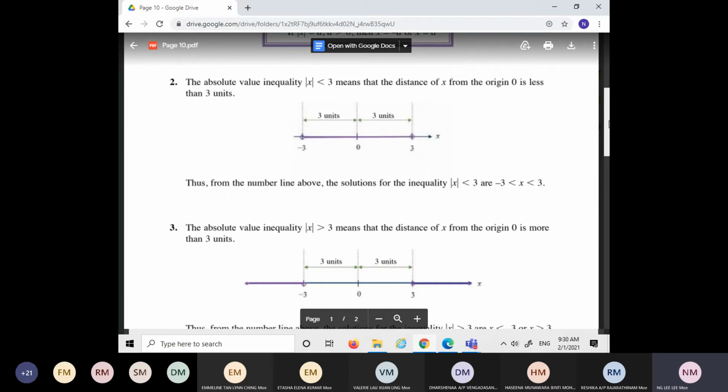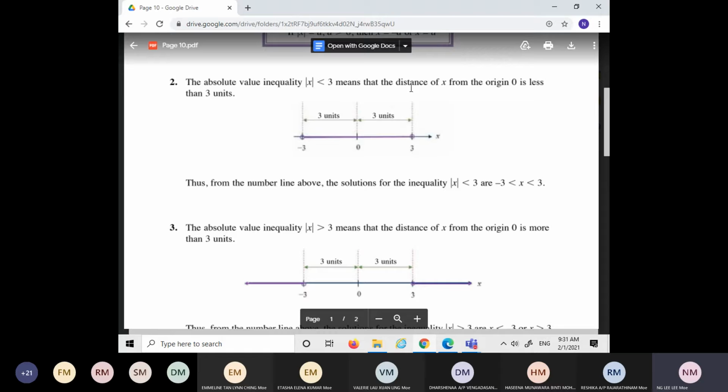Okay, just now was equations, equal. Now is inequality, smaller than. What's the meaning of smaller than? The absolute value inequality, modulus of x smaller than 3, means that, again, the modulus sign means